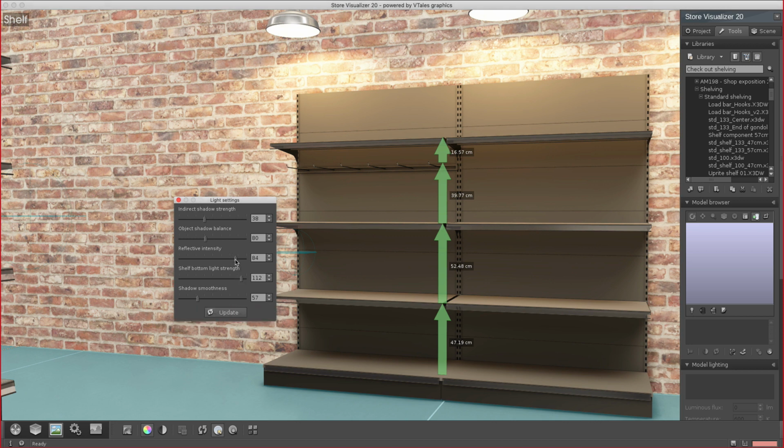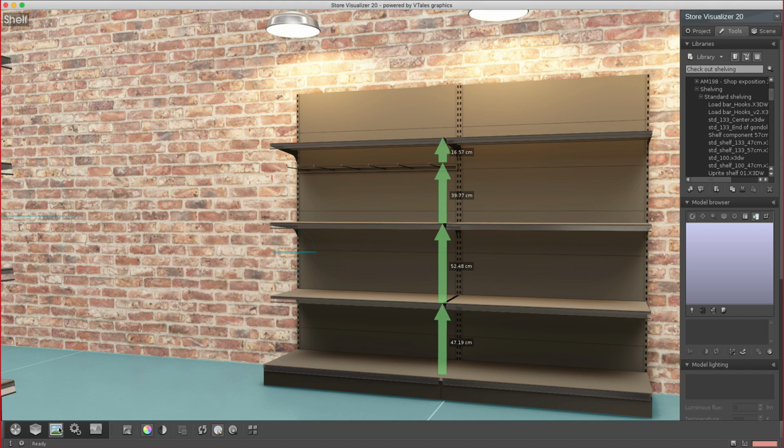Reflection intensity. And then normally I have to hit the update. I don't know how long that's going to take. Maybe I shouldn't have done that, because I have this fairly large store, so it's going to update it on every single shelf now. So anyway, once we have set the mood, we can again go to our product